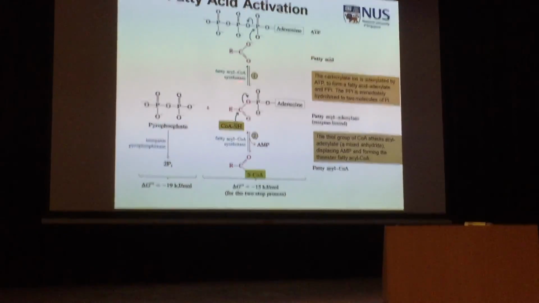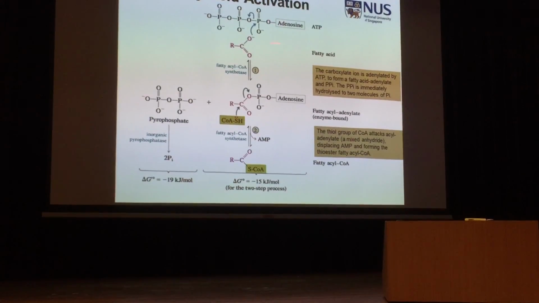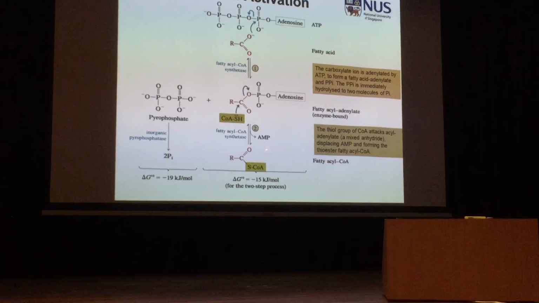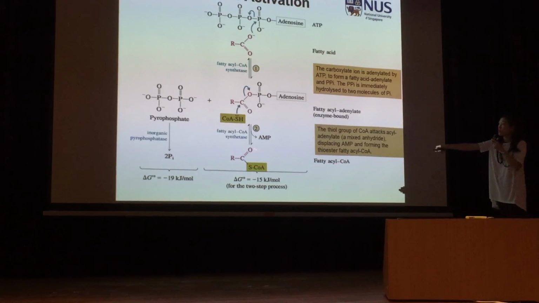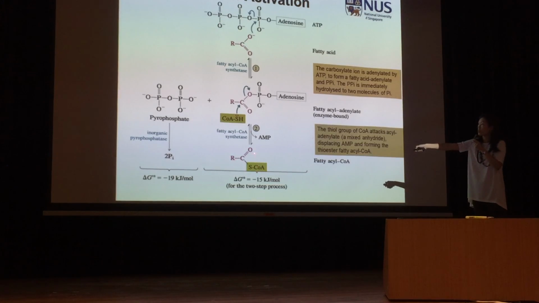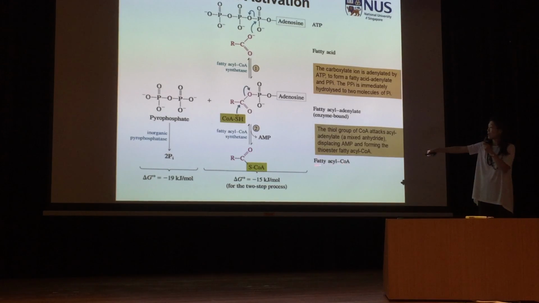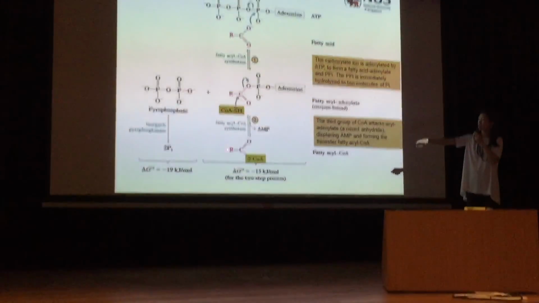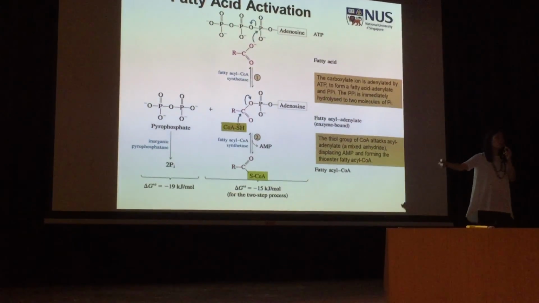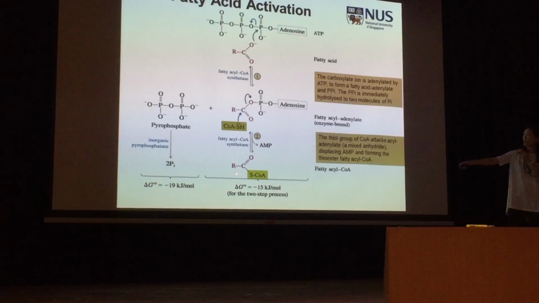So what is happening over here? At the end of it, this is what we want. We said that we want fatty acyl-CoA. Did you see the difference between fatty acyl-CoA and acetyl-CoA? Acetyl-CoA just means that the R is a CH3, a methyl group. Fatty acyl-CoA means that this R could be anything, C14, C15, C16, C20. Okay, so this R is a